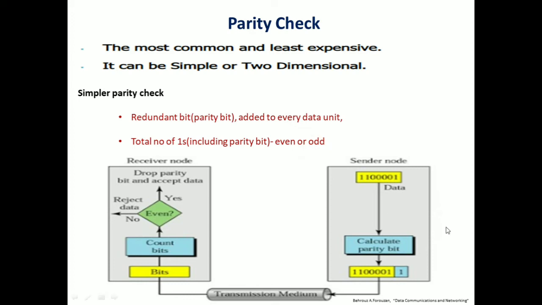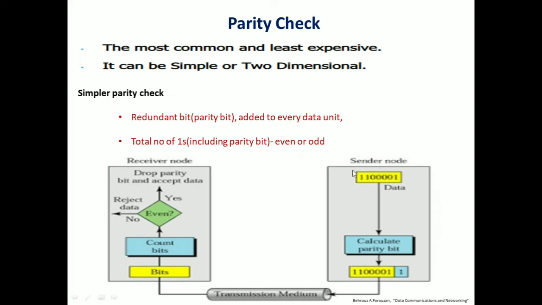Okay. So now let us see, this is the sender node, this is the original data, that is 11000001. Now for this data we are going to calculate the parity bit. So here we have added a parity bit 1. See here, originally in the data how many ones are there? 1, 2 and 3 ones are there. We have added 1 here. Why? We are following even parity. So our requirement is to make the total number of ones even.